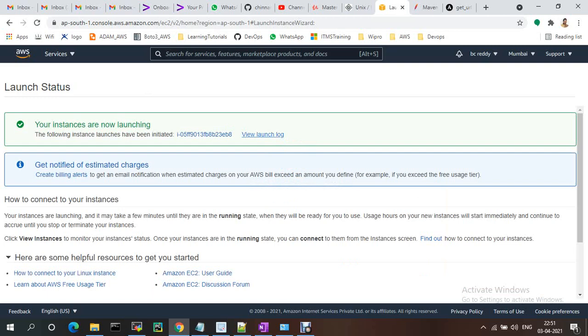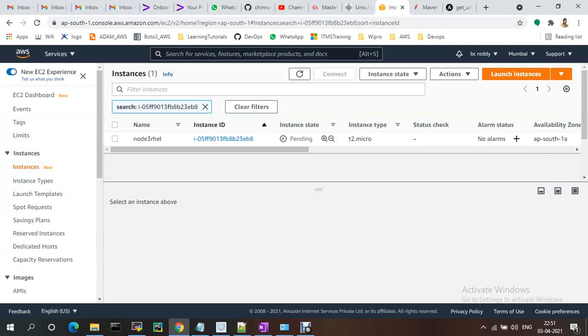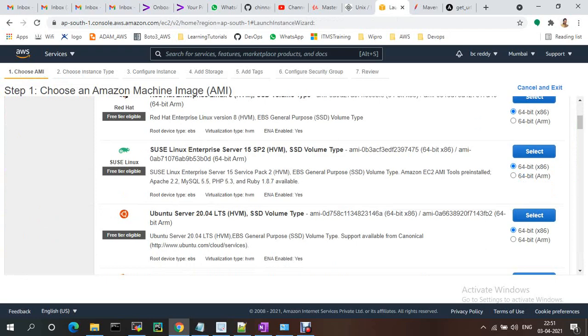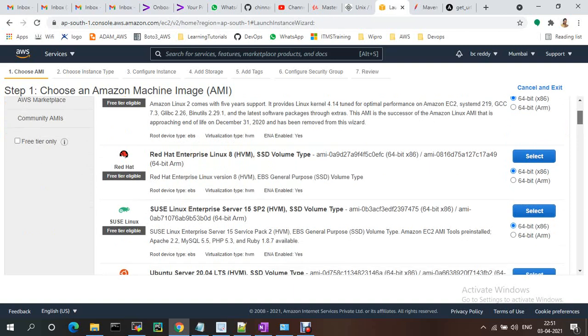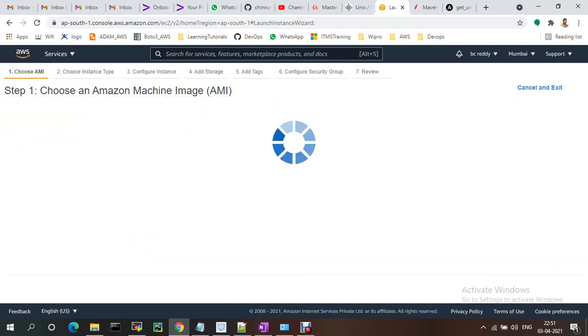Okay. Meanwhile, let me create one more node. Okay, Ubuntu, this one. Okay, Red Hat. I'm just creating an Ubuntu server.